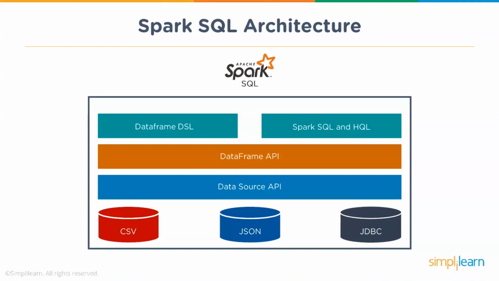Now, when we talk about your Spark architecture or Spark SQL architecture, you have basically at the lowest level your data sources. Now that could be your data in CSV format or JSON format, or also coming in from external sources using your JDBC ODBC connectors. You have different APIs. So you have a data source API, we'll learn about it. You have a data frame and a data set API, which allows you to work with data. And then you have different ways in using these. So you could have a data frame domain specific language, that is DSL, or you could be using Spark SQL or Hive querying language to use one of these APIs to process your data.